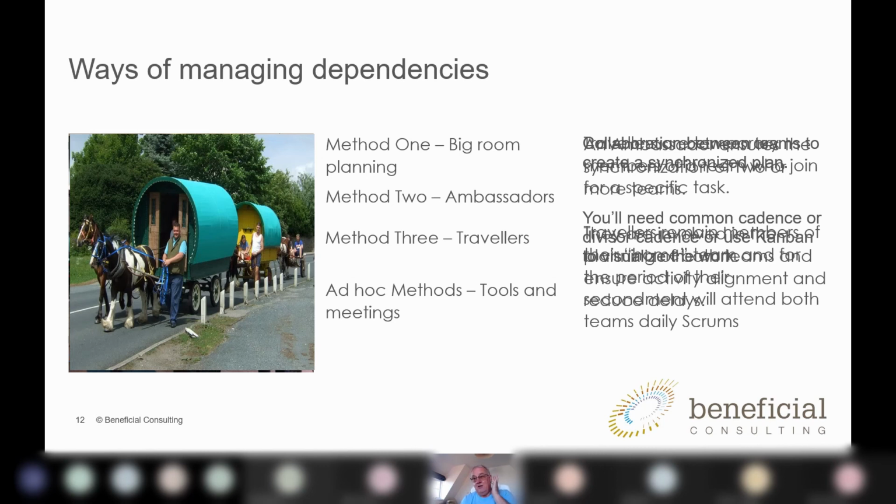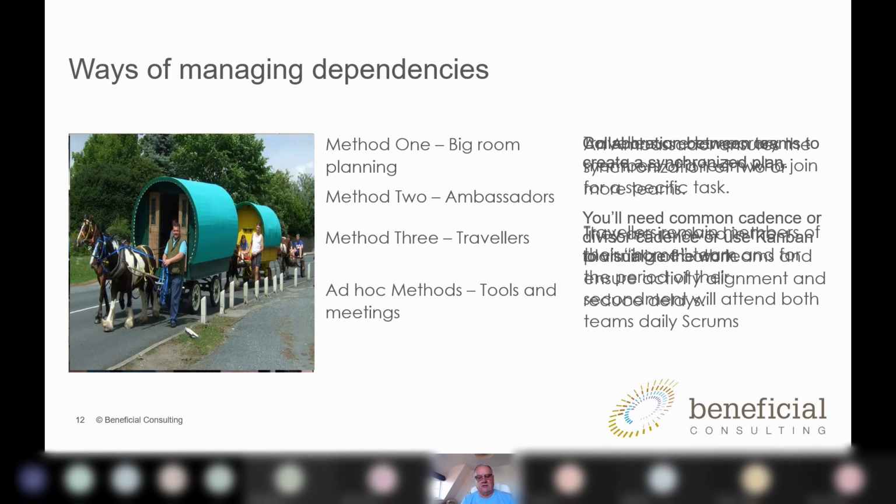But if you can get more efficiency by doing big room planning, then don't be frightened of the cost, because there is some stuff on the SAFe website about the average cost of a big room planning event being something like 2% of cost, and if you can get more than 2% efficiency, then it's paid back. So you've got that type of mentality, but I think there are other ways of addressing this, and I've given you two here.